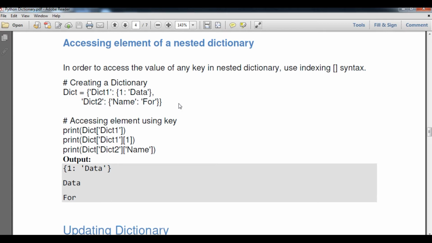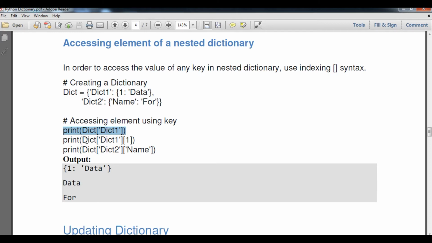So how are we going to access the nested element? If you simply print dict of dict1, since dict1 is itself a key, it will print the whole dictionary that it contains as its value: curly braces open, 1 colon data, curly braces close. Now if you want to access only the data, what do we have to do? In order to access the value of a nested dictionary, we use the indexing syntax.